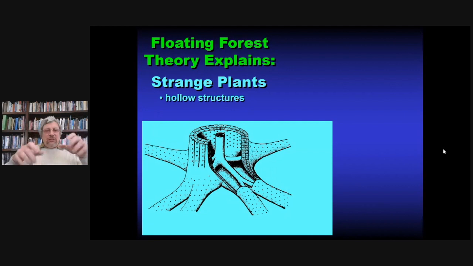So the stem is hollow, the root-like structures are hollow, the branches are hollow, the whole thing is carrying air. And the argument is, or what we now believe is true, and I didn't understand it back 30 or 40 years ago, is that especially in environments where there's not a lot of oxygen in the water,